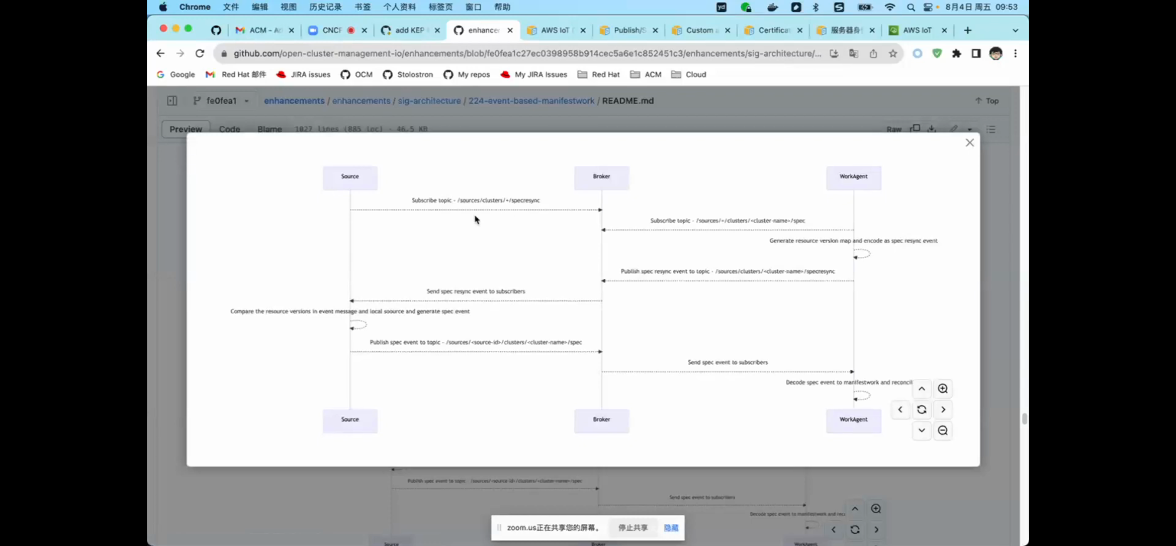Firstly, for the spec resync, it is triggered from the work agent part. This happens when the work agent restarts, for example when it has some errors. It restarts and needs to request the spec to resync. So firstly, the source subscribes to the spec resync request topic,